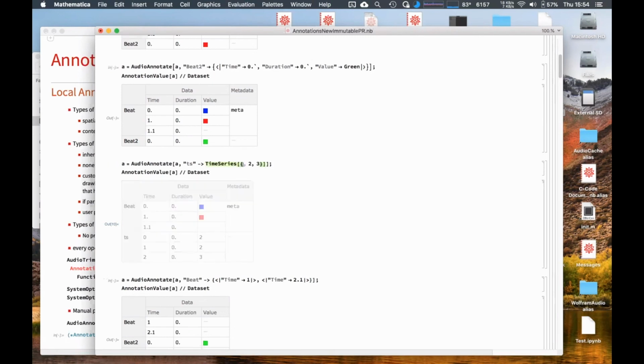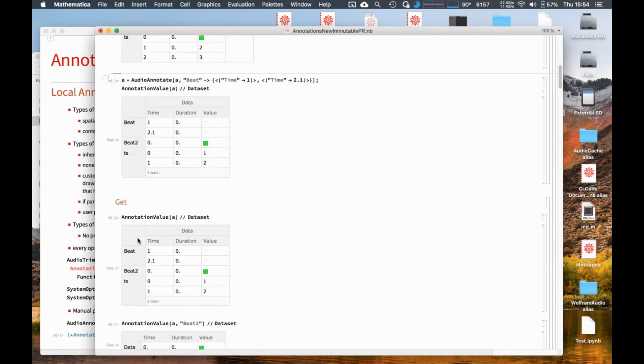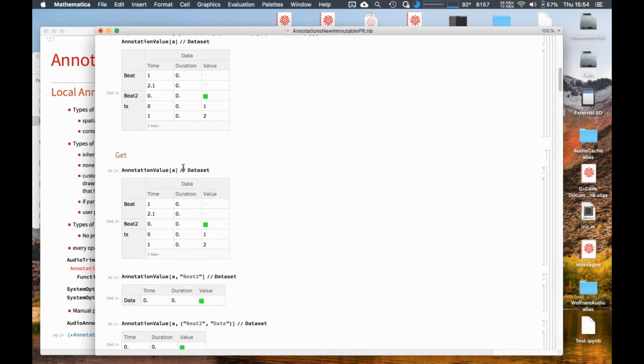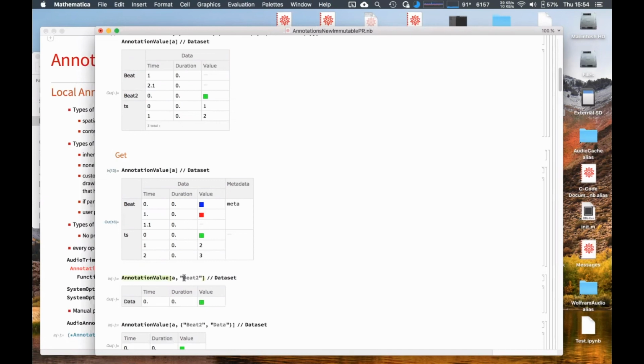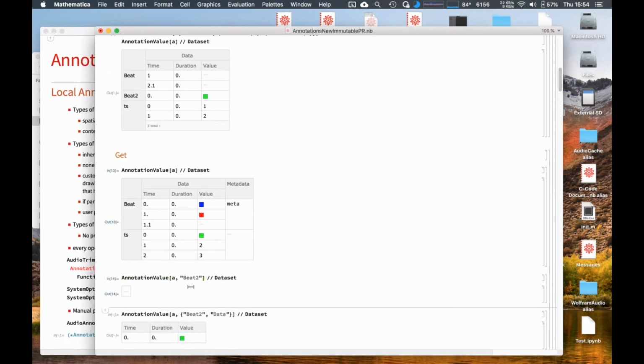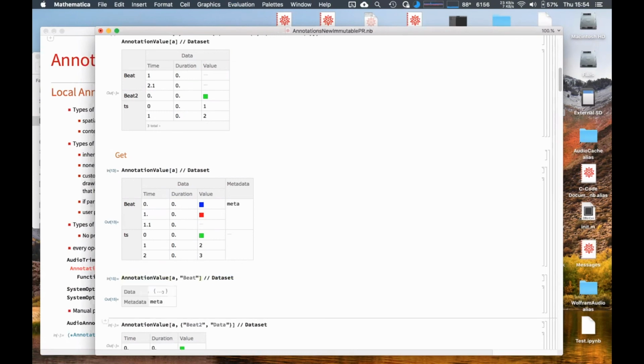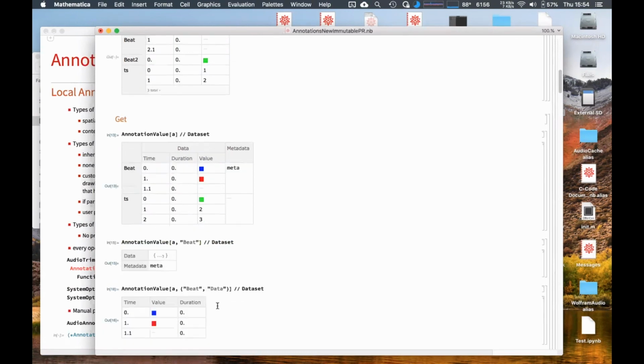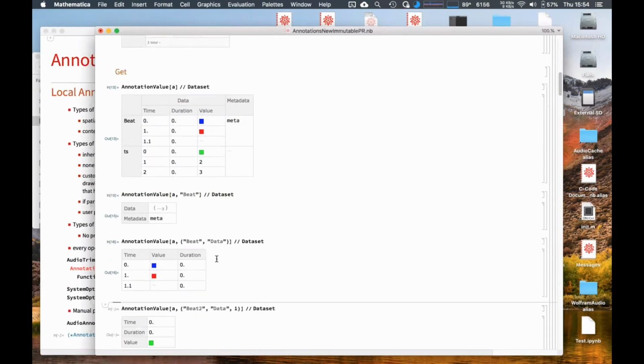So you can have this, and here I'm not appending any annotation. I'm just changing the annotation corresponding to the tag TS. And for getting it, you have a similar kind of path-like specification. So you can retrieve a single annotation. Forget this data level, it's really ugly. It should really be killed. And then you can extract a single part of the